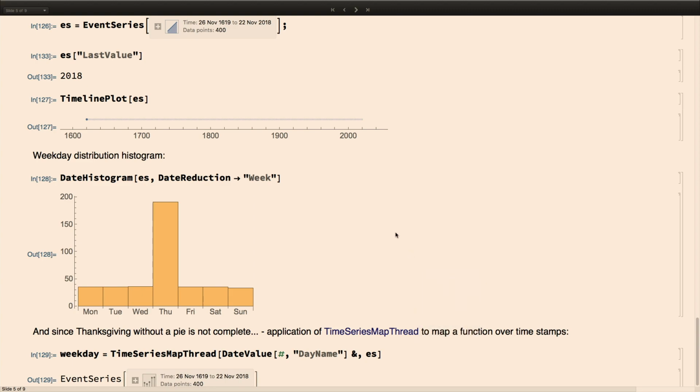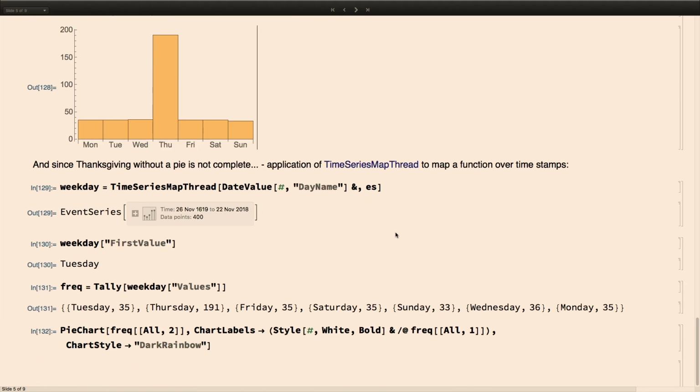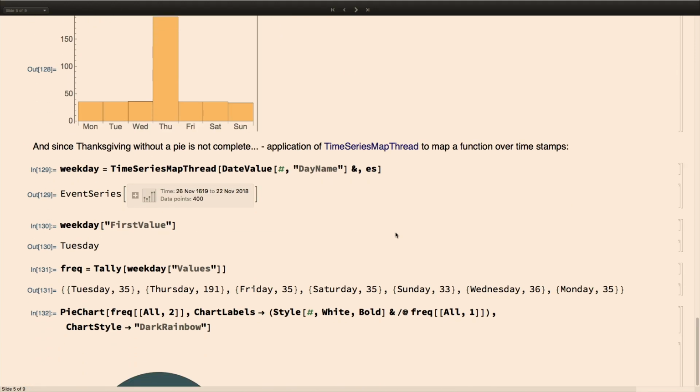And the thing is that the timestamps are actually the exact dates when Thanksgiving happened, but the values are the number, which is the year. And when you plot this on a timeline plot, it kind of looks continuous because there are a lot of points. So again, what can we do to analyze these dates better? Date histogram with date reduction in a week tells us, yes, Thursday is the dominating day of the week, but